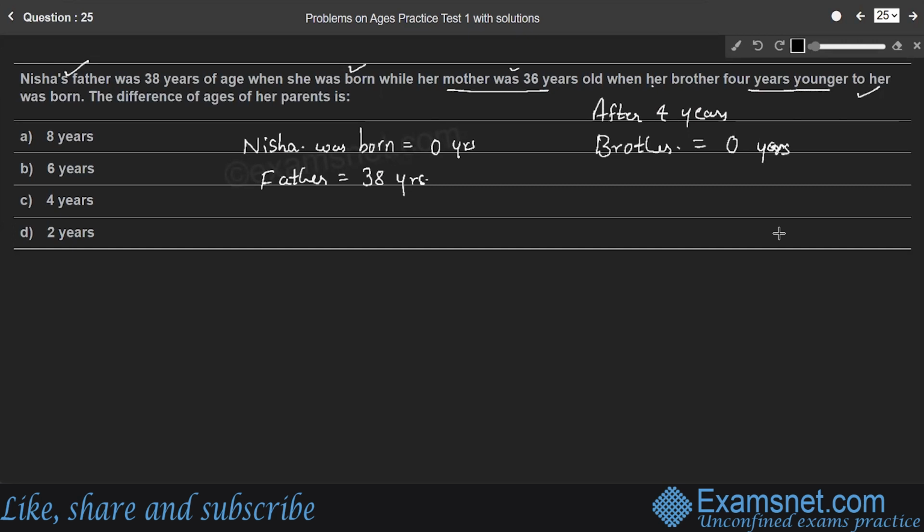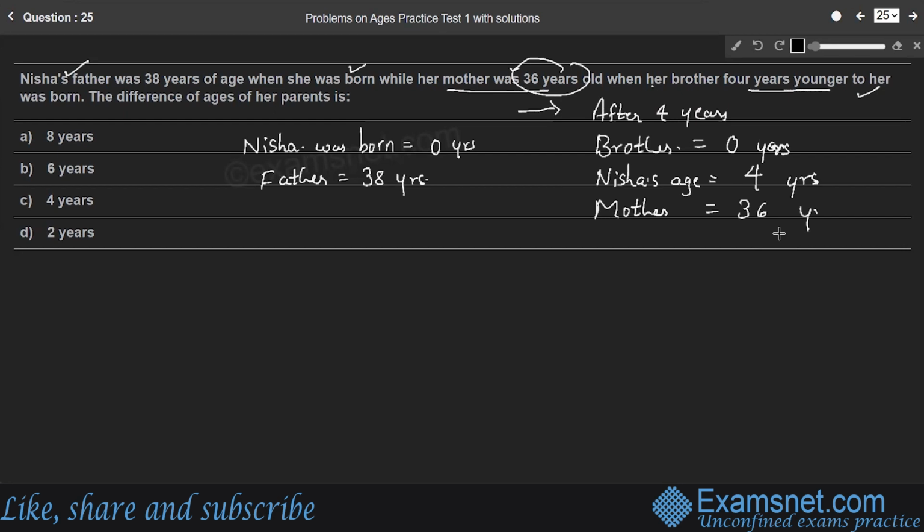Therefore, he was born after 4 years, so brother's age becomes 0 years. So at that time, Nisha's age will be 4 years. So at that time, her mother was 36 years, so her mother's age